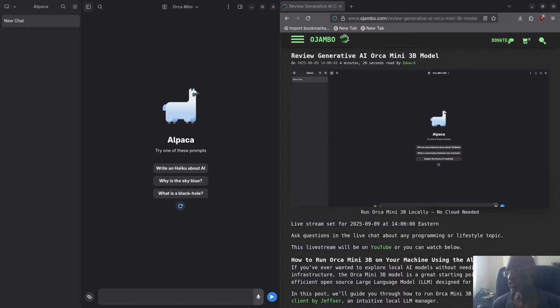In this tutorial, I'm going to show you how to set up the Orca Mini 3B model in the Alpaca Ollama